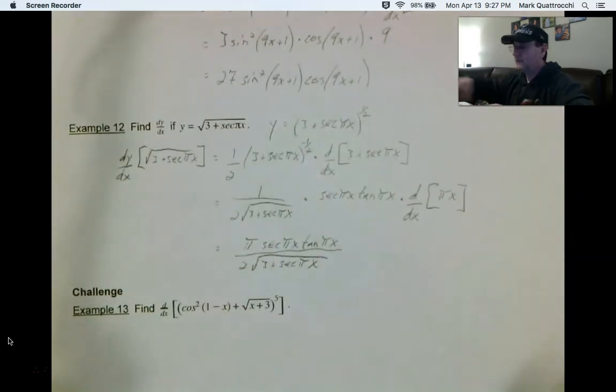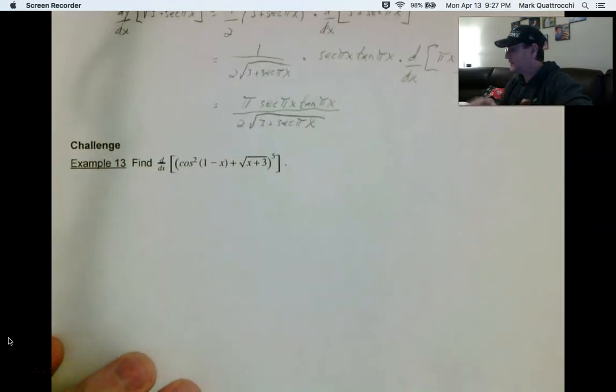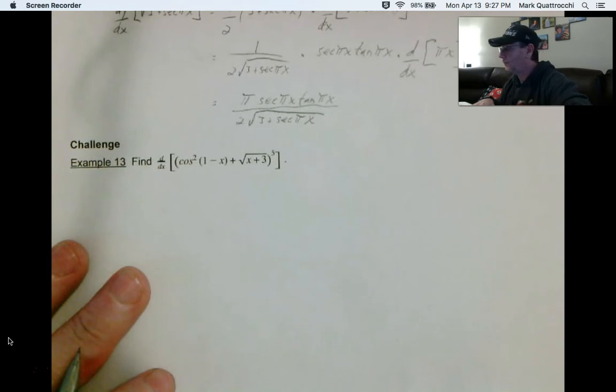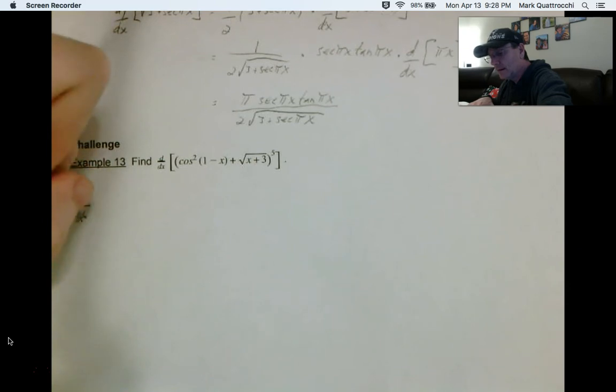That's our final answer for example 12. That was a pretty good problem. It leads us into our challenge problem. The challenge problem is only a challenge because you've got to keep track of the layers and the chains in our chain rule. So d dx of